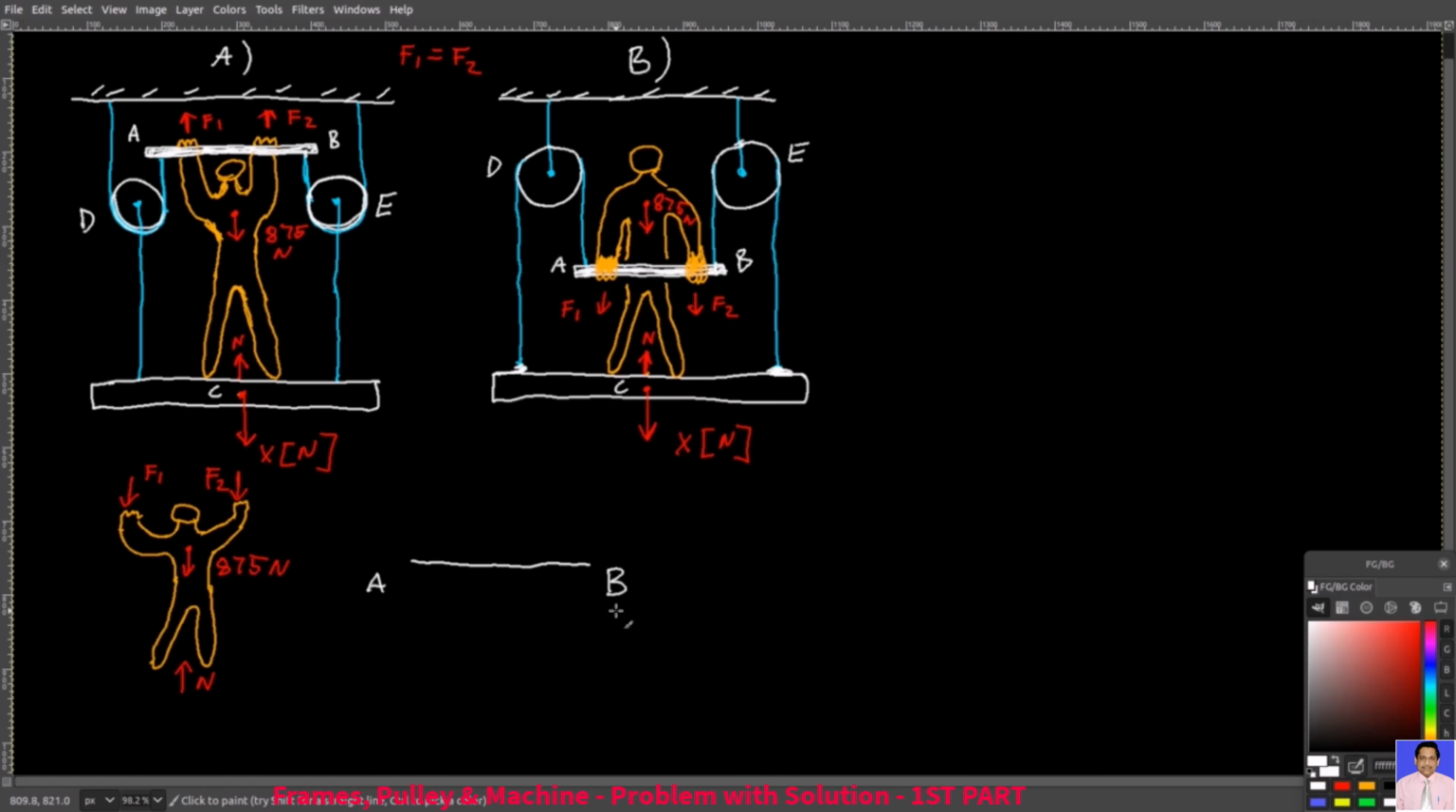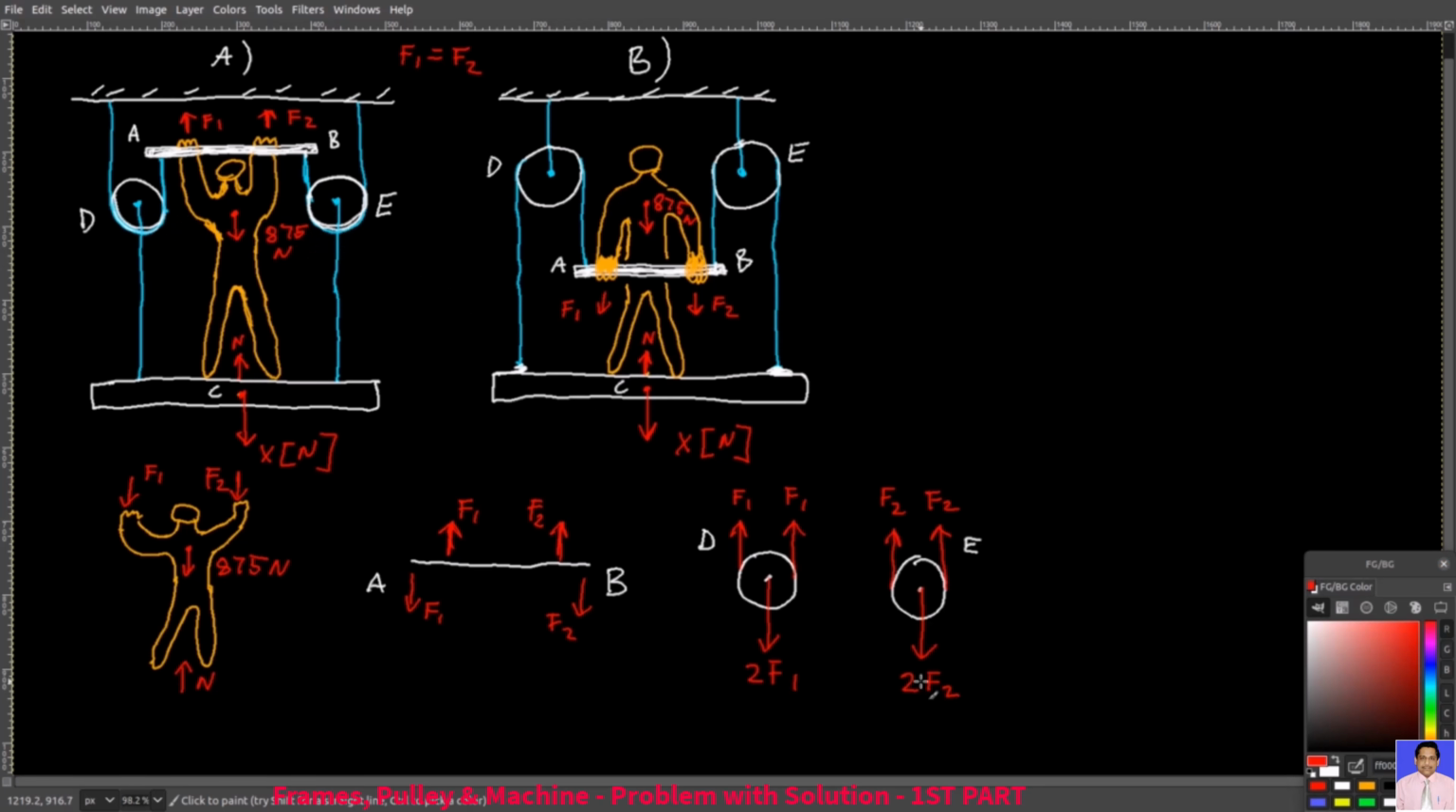Now let's draw a free body diagram of the rod AB. Forces F1 and F2 go upwards from the guy. However, the bar is in equilibrium. So due to symmetry, the cables from pulleys D and E apply forces F1 and F2 down. Then we draw a free body diagram of the pulleys D and E. You already know that the cables transmit forces along the length of the cables. That's why you have F1 and F2 forces on both sides of the pulleys upwards, and since they are in